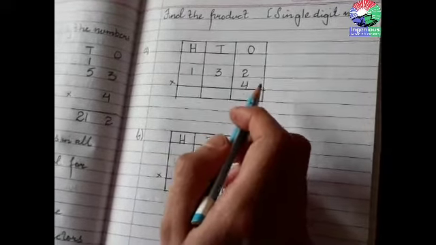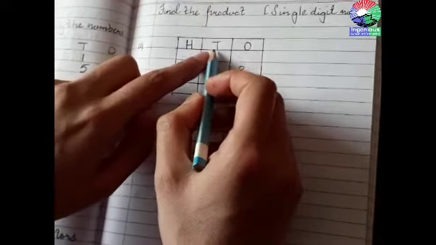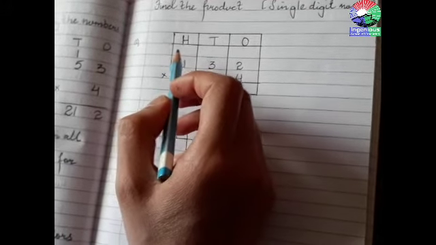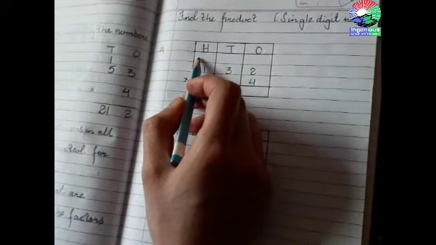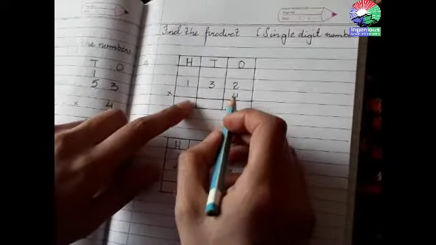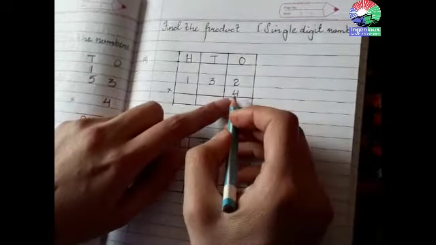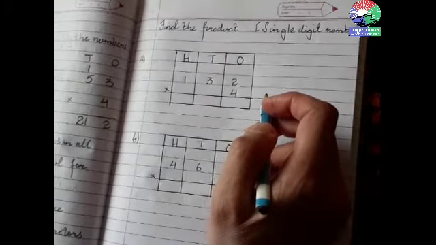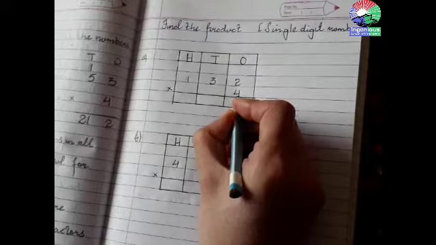Now my dear students, here first we have to multiply the digit at the ones place, then the digit at the tens place, then the digit at the hundreds place. Now in this part, the digit at the ones place is 2. We have to multiply 4 with the digit 2. Now 4 twos are 8. Very good. Write 8 here in the ones column.